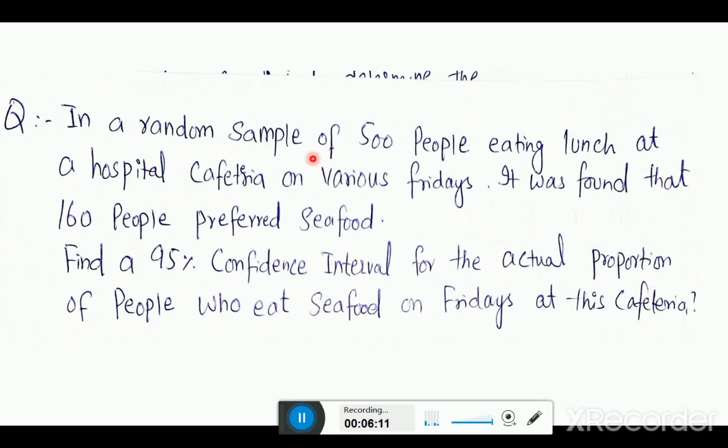We'll read out the question. In a random sample of 500 people eating lunch at a hospital cafeteria on various Fridays, it was found that 160 people preferred seafood. Now make a 90% confidence interval for the actual proportion of people who eat seafood on Fridays